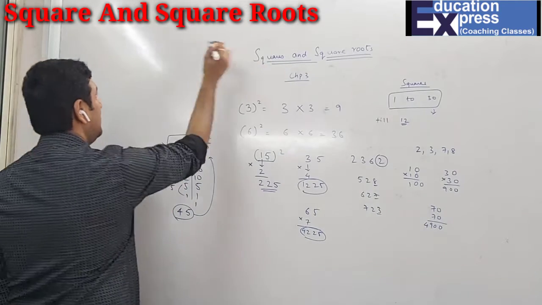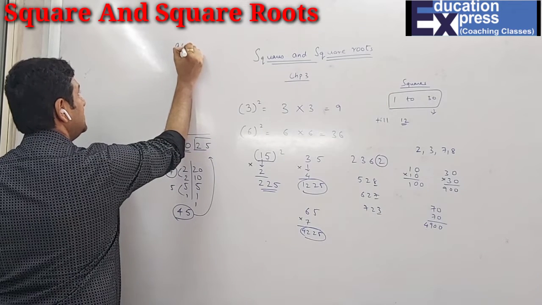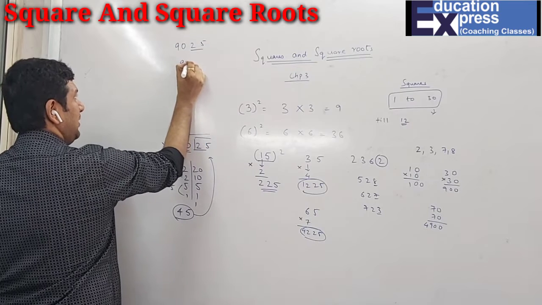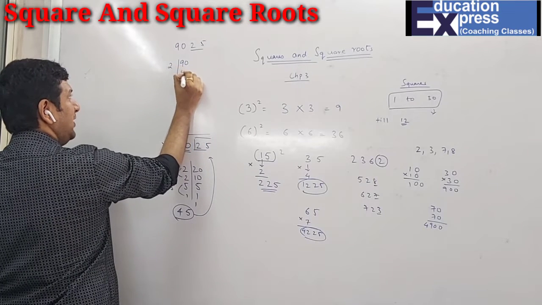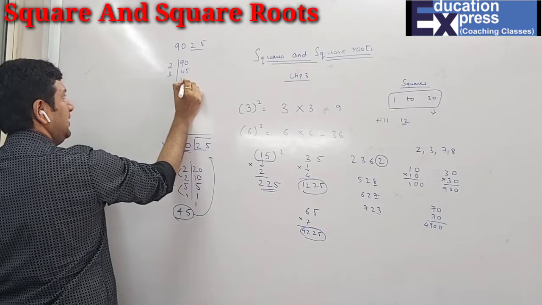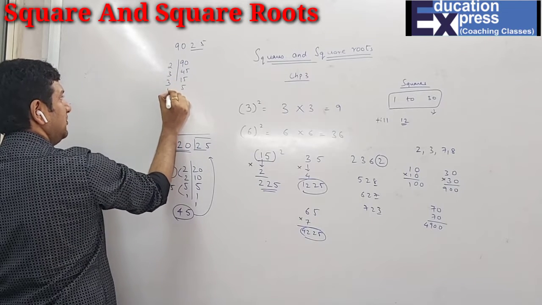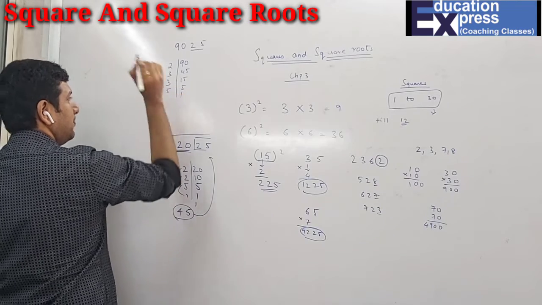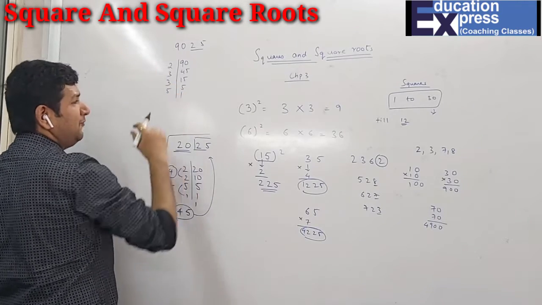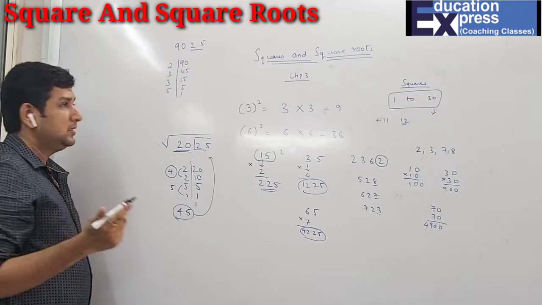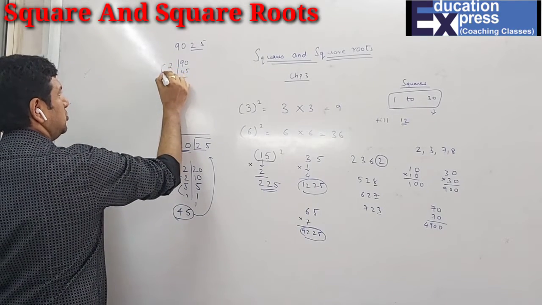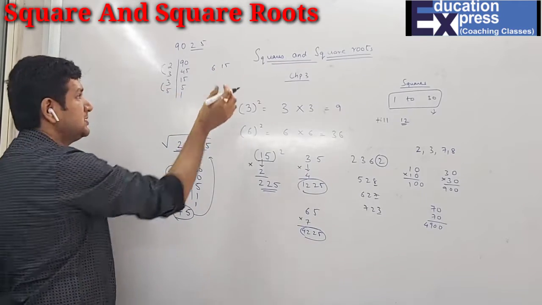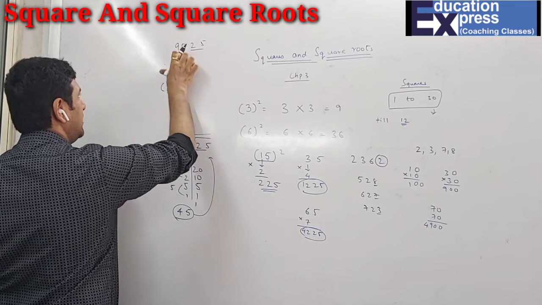Similarly, I'll give one more number. 9025. 25 we keep aside. Now 90. So 2 45s are, 3 15s are, 3 5s are, 5 1s are. So now students, again my work is what? To find two consecutive numbers. So in case if you just take first 2, 2 3s are 6 and 5 is 15. 6 and 15 are not consecutive numbers. So obviously this combination will not work over here.